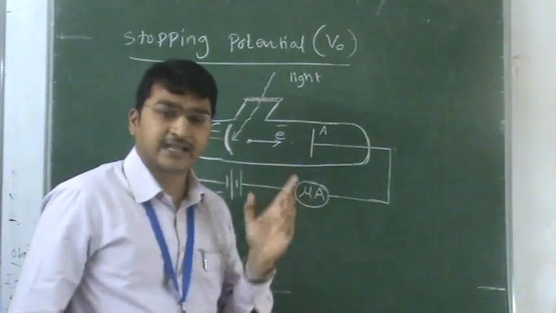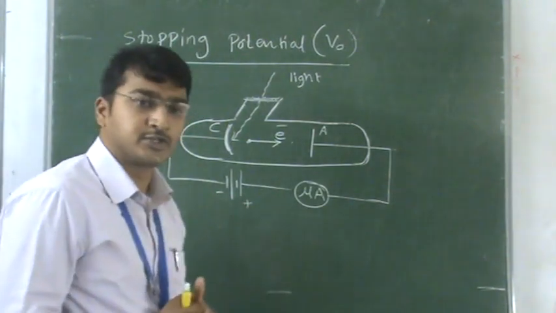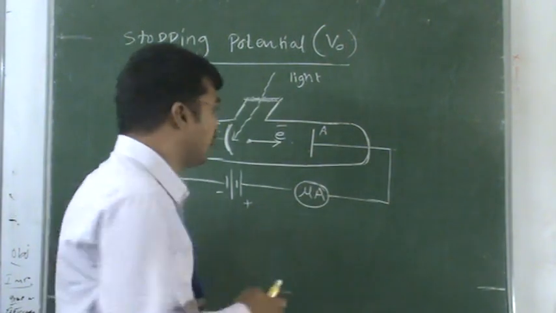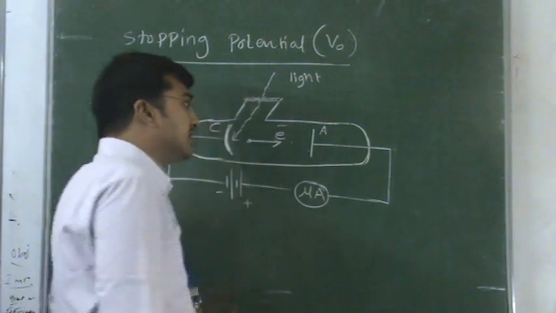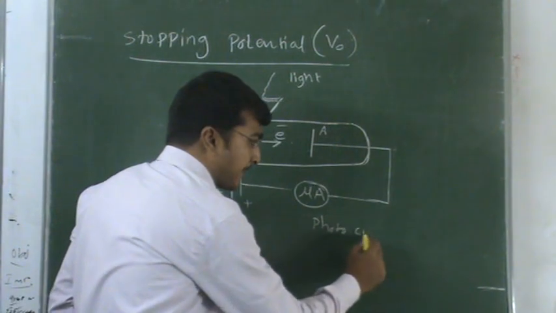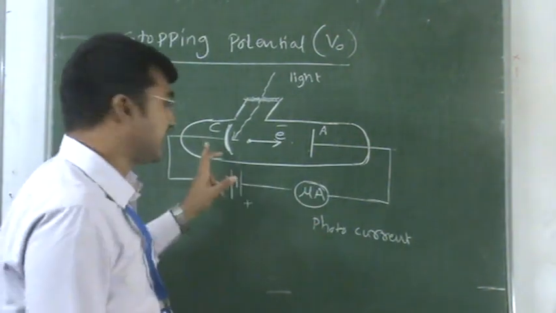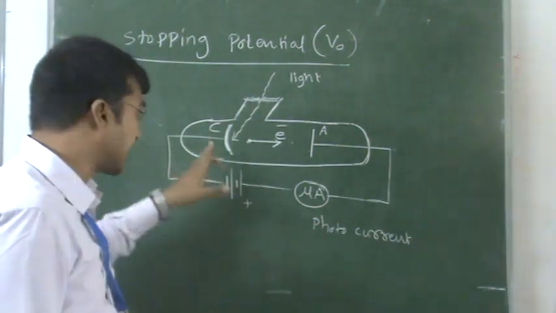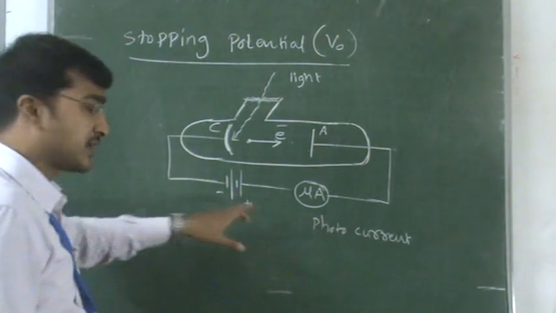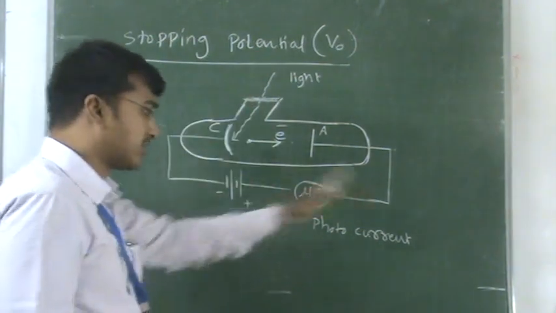These electrons are negatively charged, as we know, and the anode is connected to the positive terminal. So these electrons are attracted towards the anode plate because of its positive charge. When the electrons are incident on the anode plate, the circuit closes, so we can easily measure the photocurrent here, mainly by using a microammeter. The electrons ejected due to the incident light on the cathode plate travel towards the anode plate because of its positive charge and pass through the circuit, so we can measure the photocurrent. The photocurrent is because of light energy; light energy is converted to electric energy.